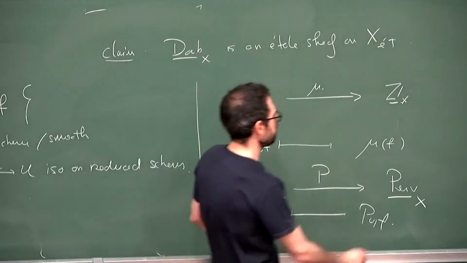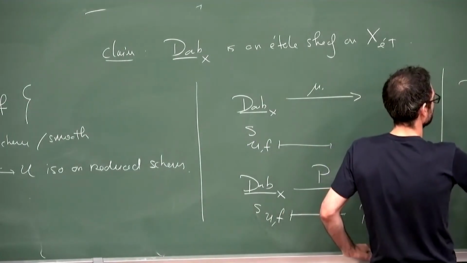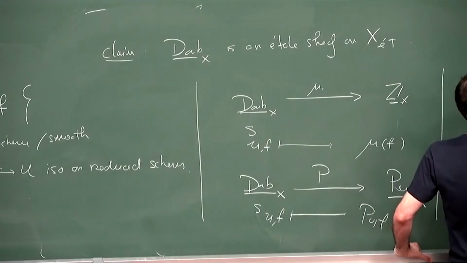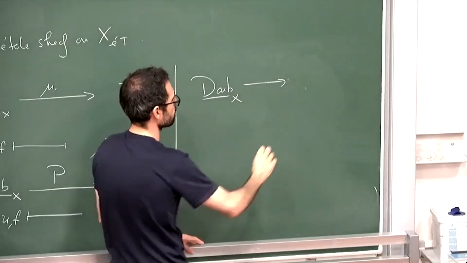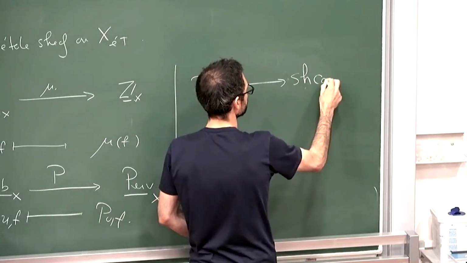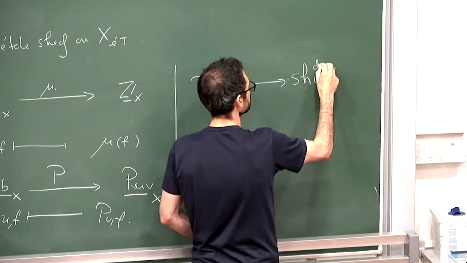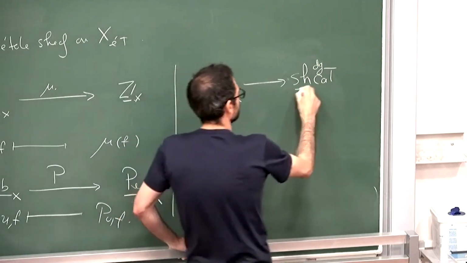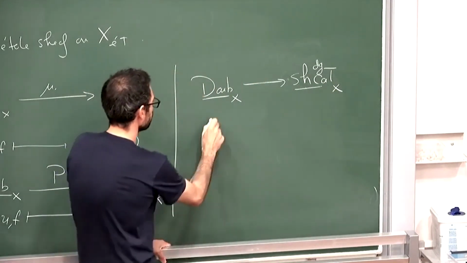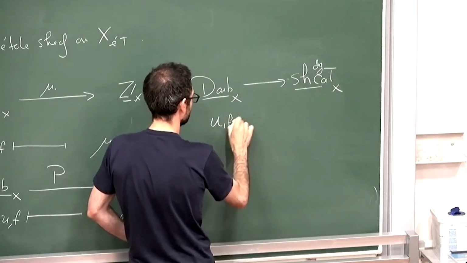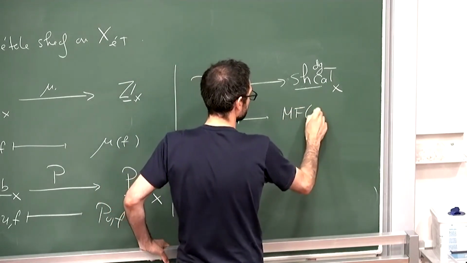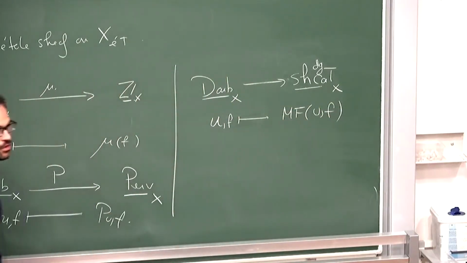And another map of sheaves is the map that sends, so there is another stack on the étale side, which is a stack of DG categories, of sheaves of DG categories. So if you have a local model U, F, you can locally define M_F as a natural transformation of sheaves. So the moment you have these, you can reformulate the gluing problem as a descent question.